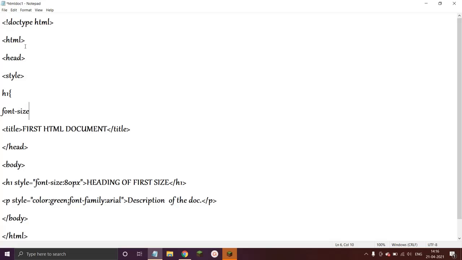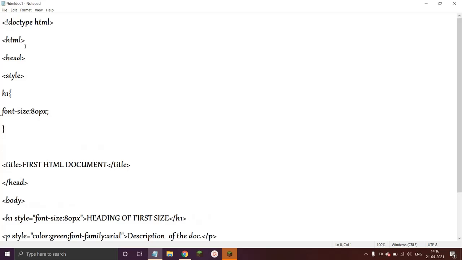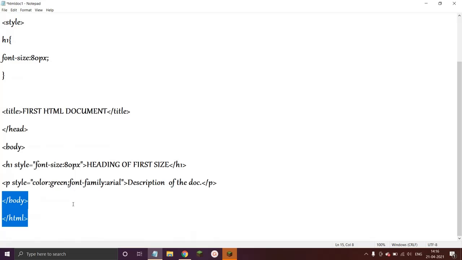Now we have the font size, 80 pixels. Font size colon, the same thing you have to do here, we just do not use any quotations here, okay? Font size 80 pixels and finally we use the semicolon and we end the curly braces. Now I want my styling to happen for my paragraph, right? We have color green and font family Arial.